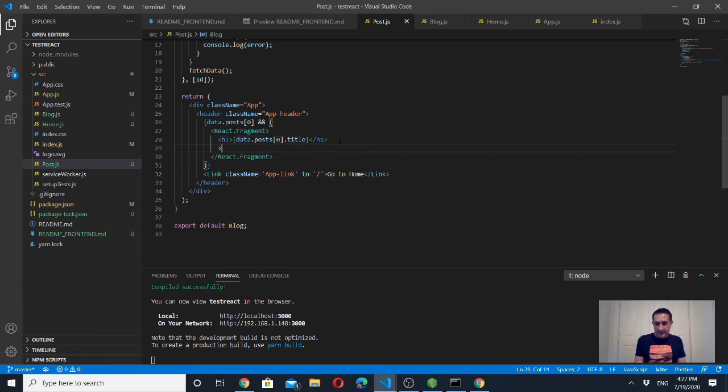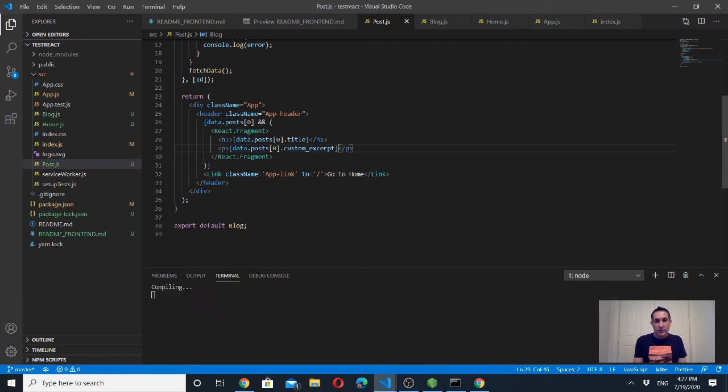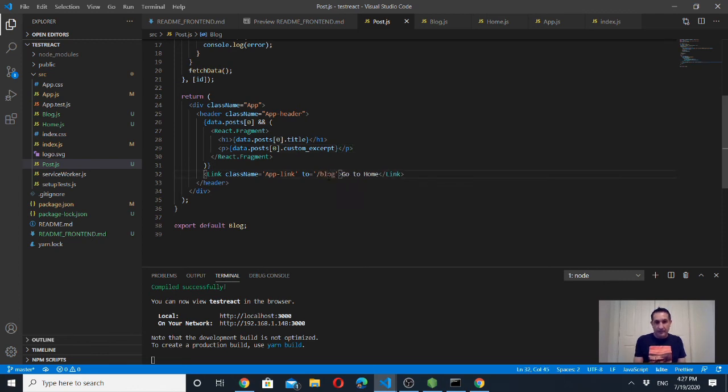And lastly here, we want the paragraph tag. And inside here, we're going to do data posts 0 and the custom excerpt. And this custom excerpt is just a short description for your blog post. Okay, so now we can come down here. We're just going to update this link to go back to the blog list page, and we should be all set. So let's go back to our markdown,